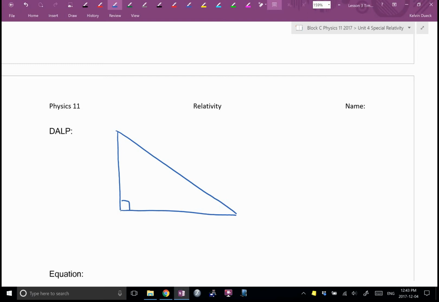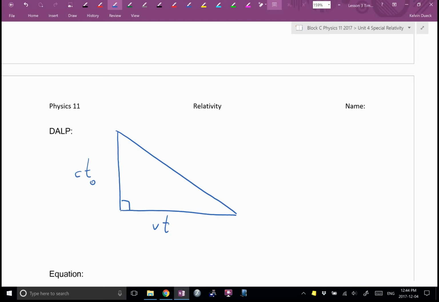And we're going to use the idea that distance is speed times time. Don't write this next bit down. The length of that little vertical line is going to be speed times time. Which speed? Light speed. Which time? Time on board the spaceship. We'll call that t0, t on board. The base of this triangle, how long is that? It's going to be speed times time. Which time? The time of us floating in our astronaut suit that we measured on our stopwatch, because we're not on board the spaceship.